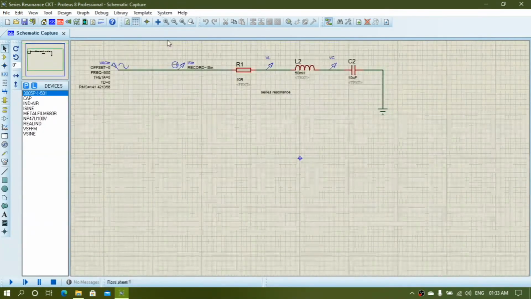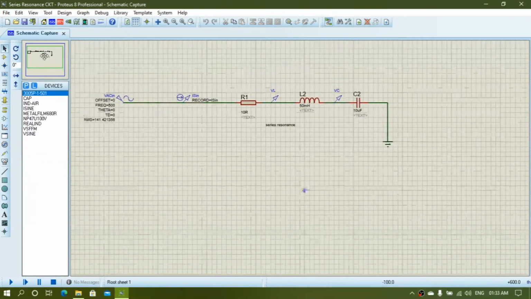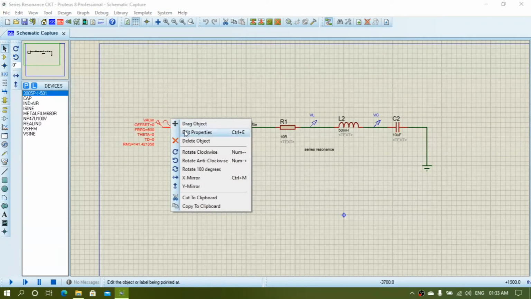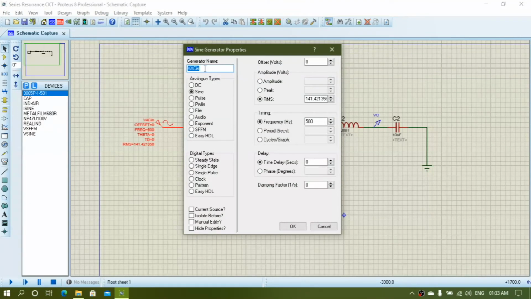You will see here, I will connect R1, L2 and C2 in series with this virtual voltage source, which has a property like this. The signal generator I already renamed as VAC in, so that I can plot this data in your Proteus graph.